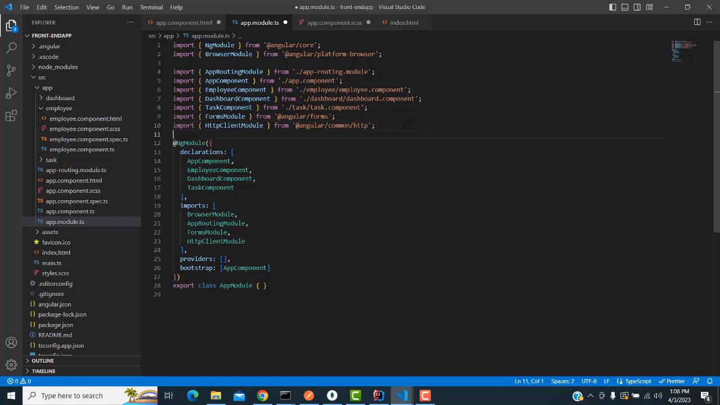It will reside over here. Okay, it is resided over here. Right? That's it. That's the thing. Then only we have to implement the